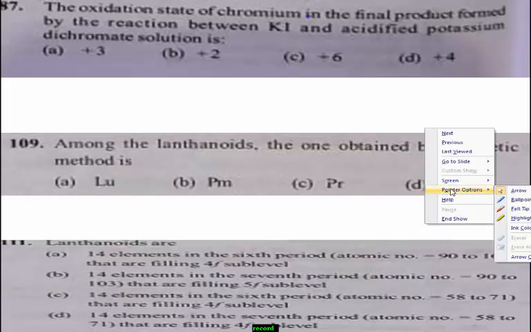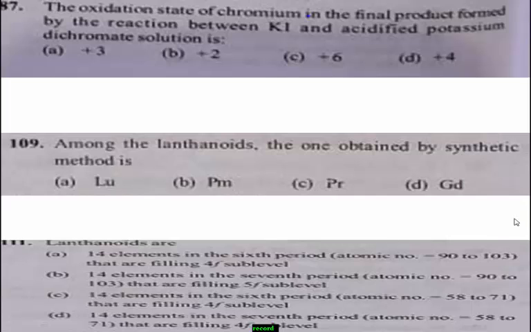Students, when we observe the given question, we write the reaction. You also write the reaction, I tell you. Cr2O7 2 minus plus 6I minus plus 14H plus. When these reactants are combined, then we get the products: 3 moles of I2, 7 moles of H2O and 2 moles of Cr3 plus.